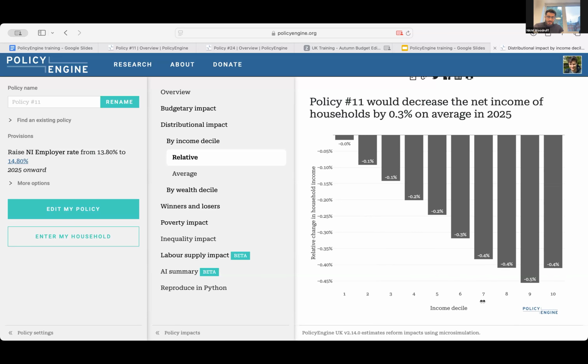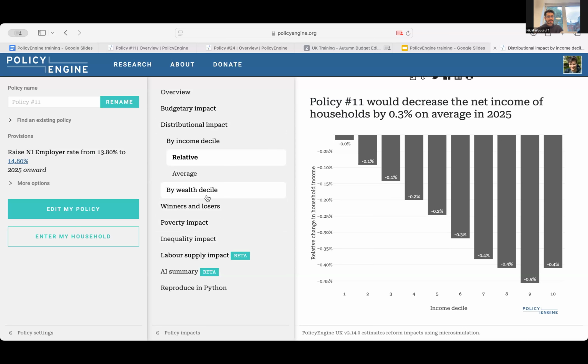And you can see that if we move to the first deciles, the impact of this policy, actually, we can say that there's no significant impact. And this is the analysis over different deciles of the income. And after that, we can move. So you can play around with these buttons to see what is the distributional impact over the wealth deciles